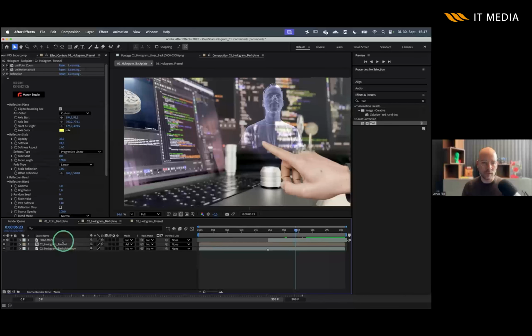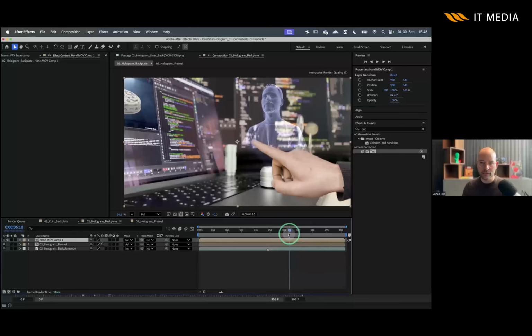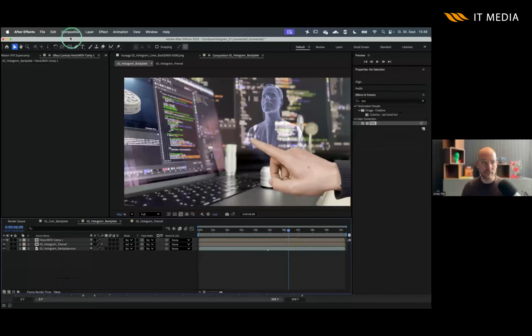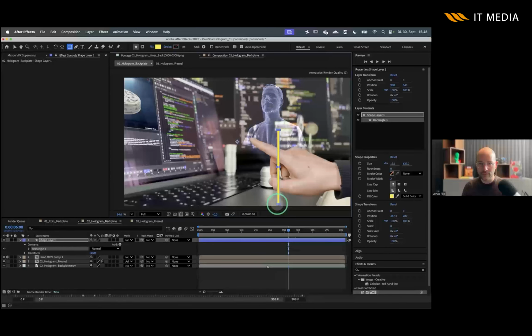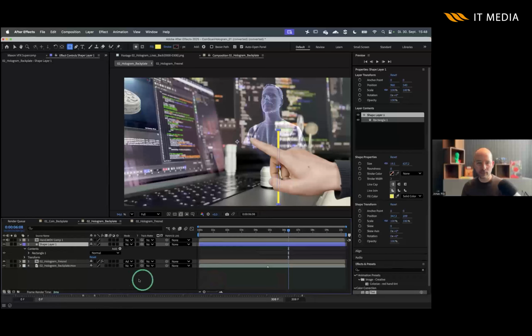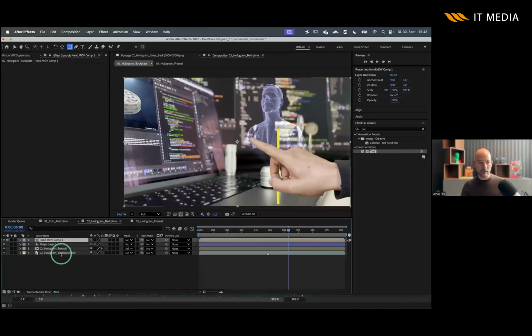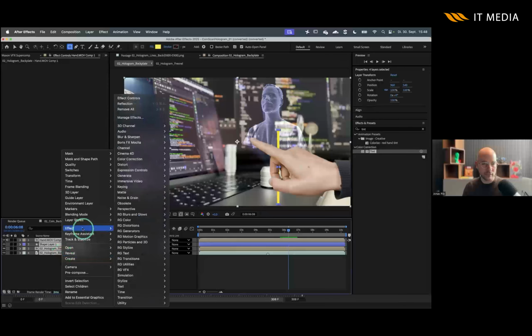And the great thing about SuperComp, and let me make this one, let's turn this into a composition for SuperComp. And let me also add 2 more elements here. So with no layer selected, I'm just going to create 1 element here. So something like this. Okay, and we're going to place it here in the back. I just select all of these, and then I can right click and go to Effect and Red Giant VFX